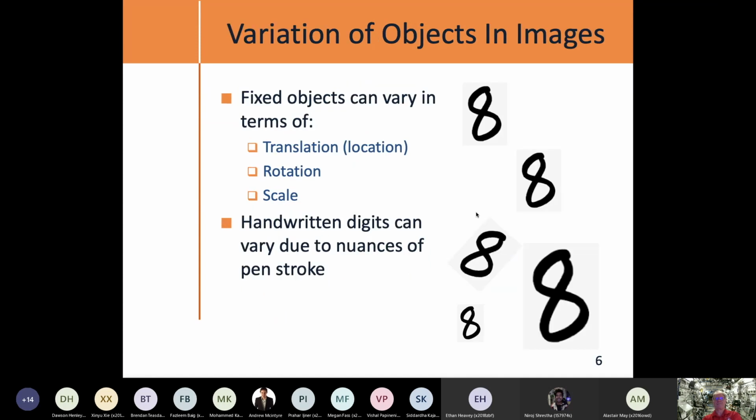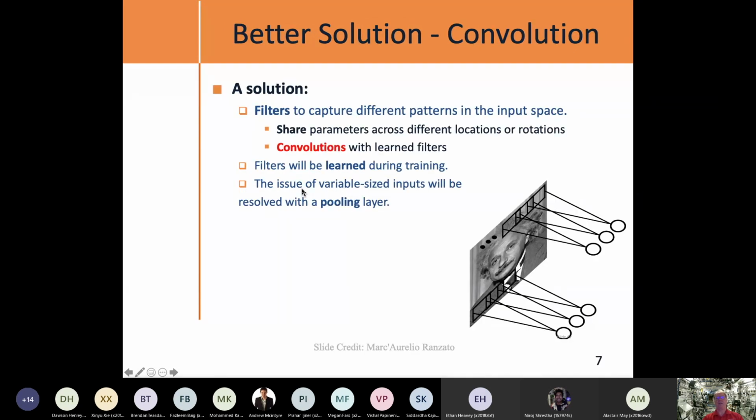What we want is something that can pick off, for example, the character 8 that you're seeing here, any of these character 8s, regardless of where they are in our input space. Objects can be a dog or a cat, or this figure 8 can be moved translationally or up and down. It can be rotated, and we can zoom in and zoom out. In every case, it's an 8, and we want systems that can identify 8s in that way. So what can we do? These are the three dimensions of variance you can have: translation, rotation, or scale. We want to be able to handle all of those.